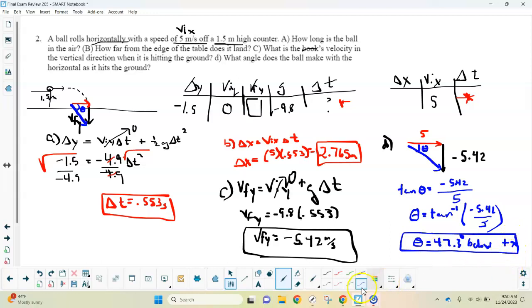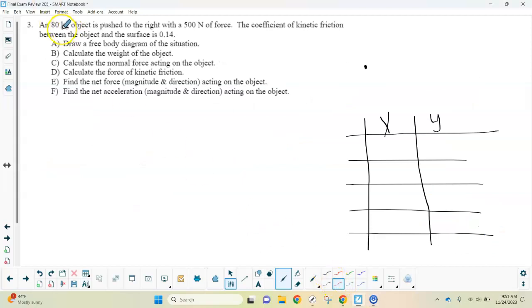All right, so that's the first 2 problems. I'm going to pause there because those are the 2 that deal with projectile motion, and then we're going to jump into force. All right, so our next problem, number 3, says an 80-kilogram object is pushed to the right with a force of